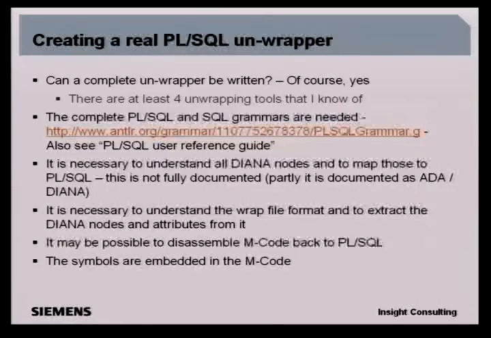If you wanted to create a real unwrapper, then it's necessary to understand the wrap file format, because from what I've just said, you can't get it from the IDL dollar tables, because not all Diana is stored, and also for the ones that are stored when you use the API functions, it doesn't actually give you all the information. Quite interestingly, it may also be possible to disassemble the M code back to PLSQL. We'll look at that in a second as well. And the symbols are also embedded in the M code. If you actually look at the M code and show it in hex and use an ASCII converter,